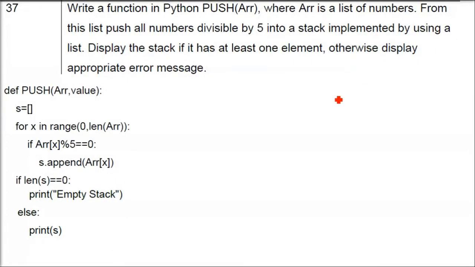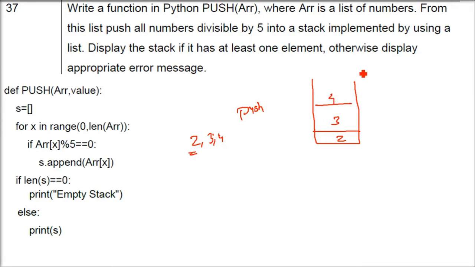Okay, so let me tell you about push and pop. What does it mean? How do we go about it? Push and pop, this is a container. Whenever you are pushing, this is 2, you are pushing, then 3, then 4. What if there is nothing in the container? We say empty stack. When we pop, first 4 will be popped, 3 will be popped, and then 2 will be popped. So whichever comes last will be the first one to be taken out.